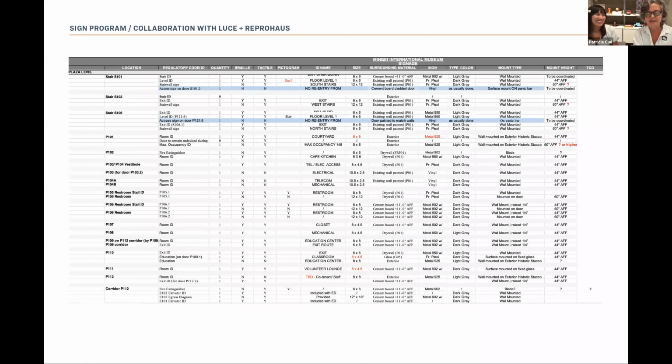So this is not to scare you, but this is what our sign program looked like. Before we started really creating the designs, we needed a very, very detailed inventory of what were the locations that needed signs. And you have here location, the regulatory code. So this is just for us to know what kind of sign that was: stair ID, level ID, stairwell, etc. How many, if it required braille or not, if it required tactile lettering,